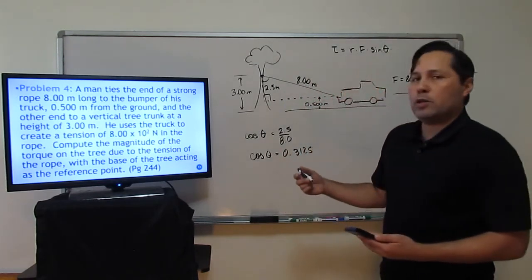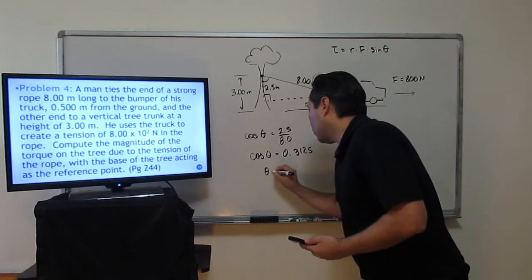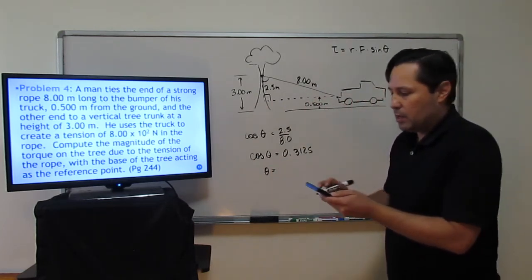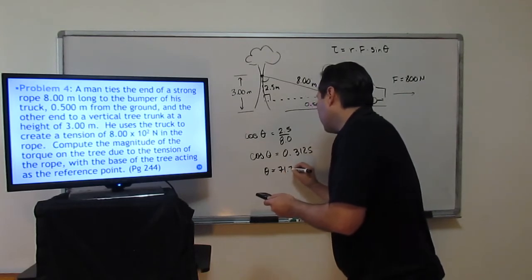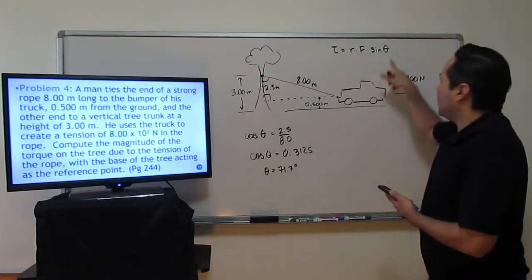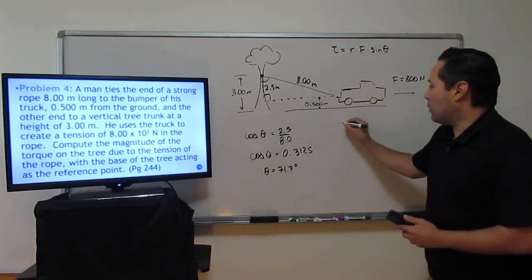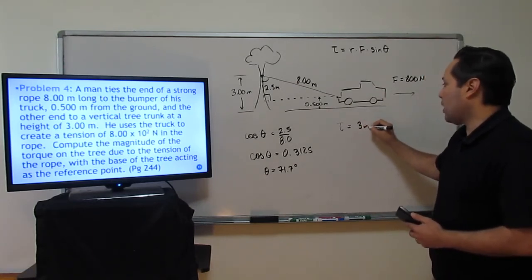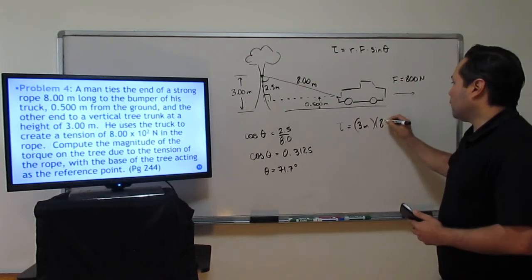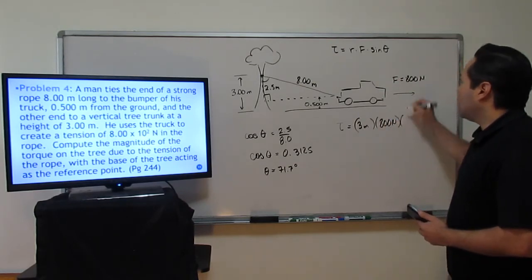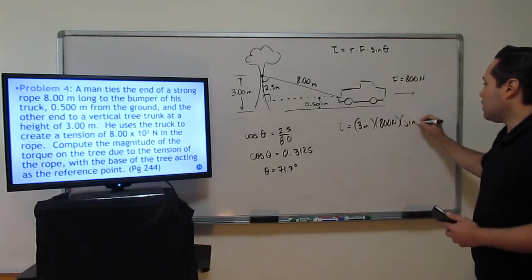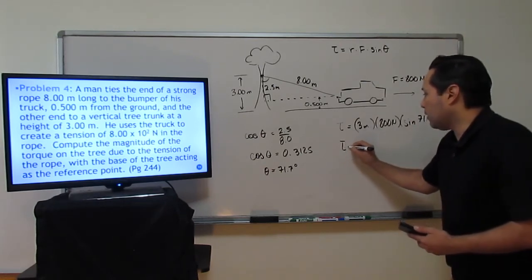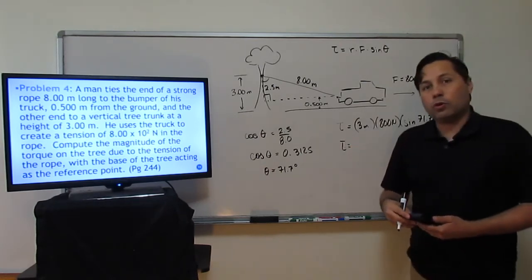And next I'm going to do inverse cosine to figure out the angle. So that gives me 71.7 degrees. Alright, so that's going to be our angle. Now we can figure out the torque being applied on the tree, which is 3 meters high, total force of 800 newtons, and sine of 71.7. Alright, so we plug all of this into a calculator and we'll know how much torque is being applied on